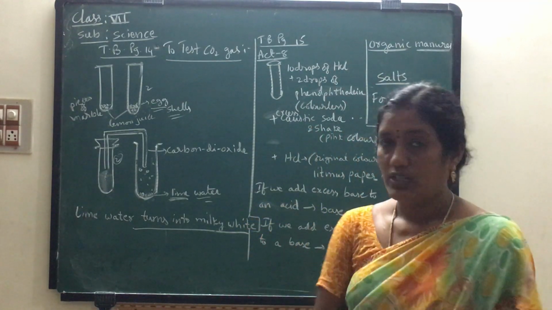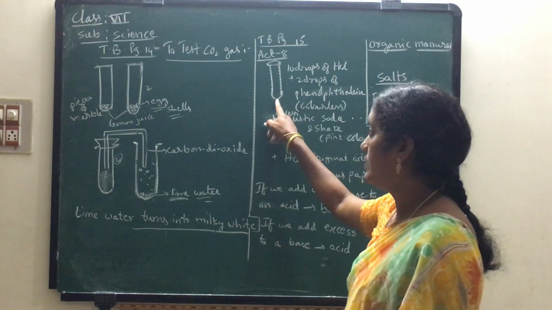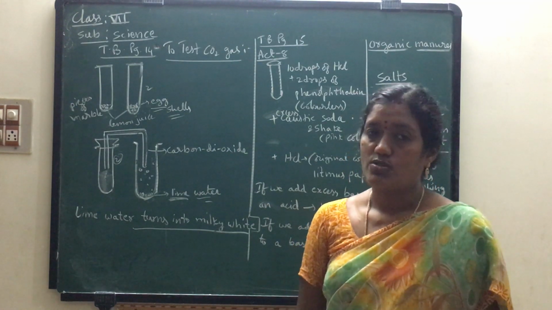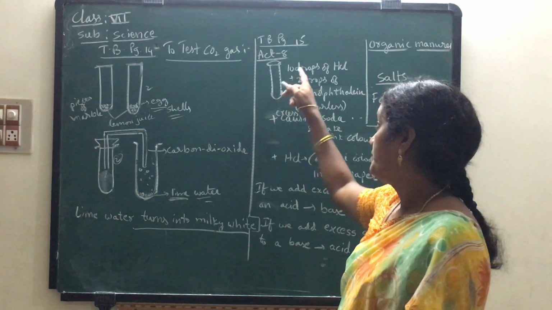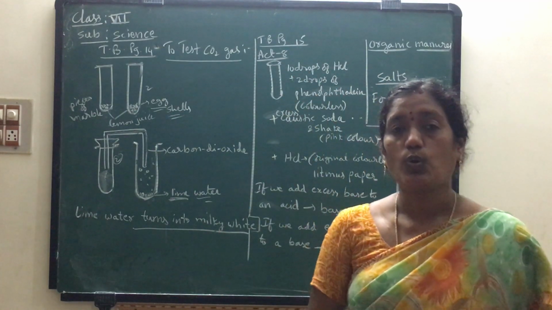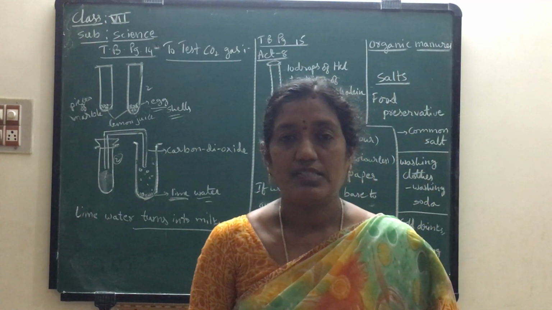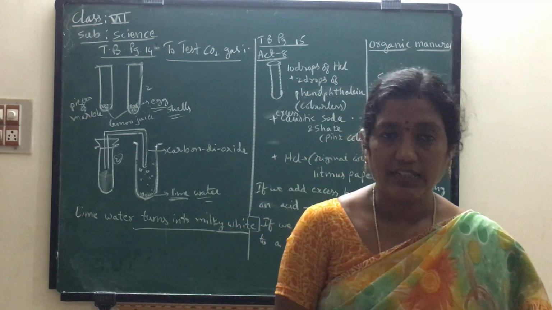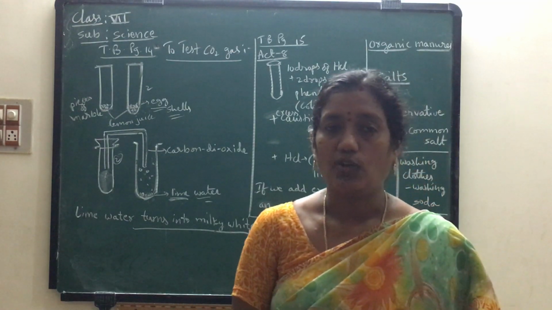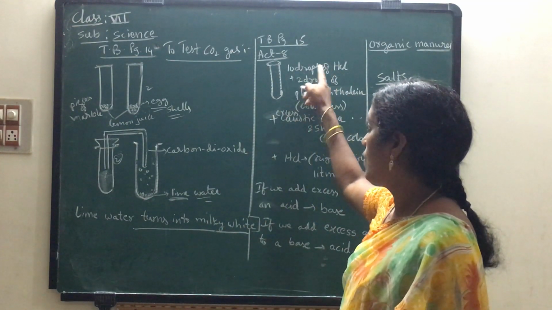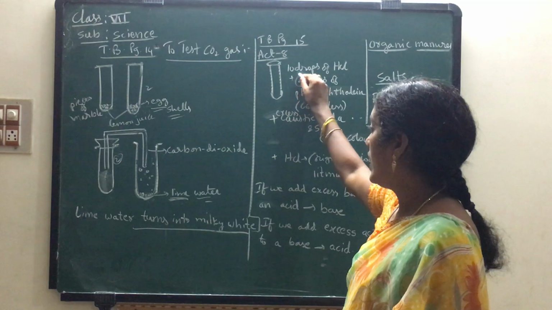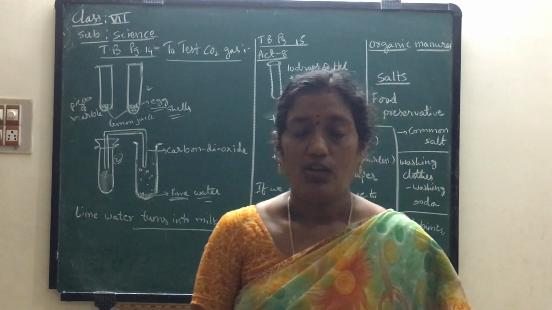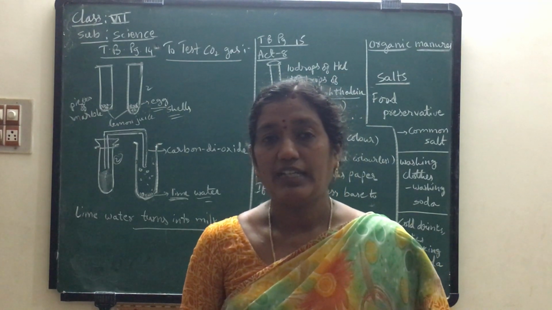Do you remember? Okay children, so here for this one you have to take a small test tube. In that small test tube you have to take HCl, that means hydrochloric acid. The name itself indicates that it is an acid. How much of this acid are we taking here? Only 10 drops. For the 10 drops of hydrochloric acid, you have to add 2 drops of phenolphthalein indicator.